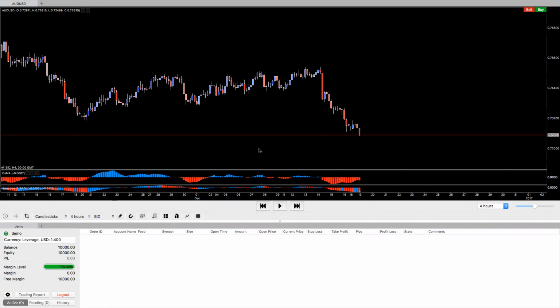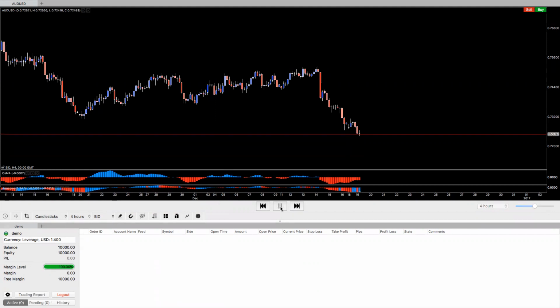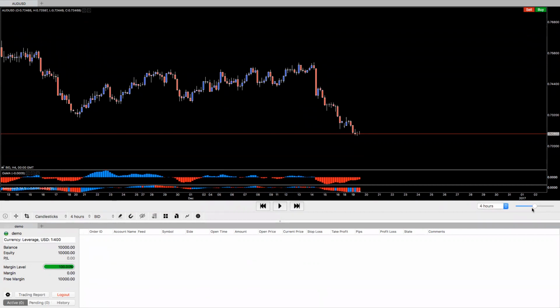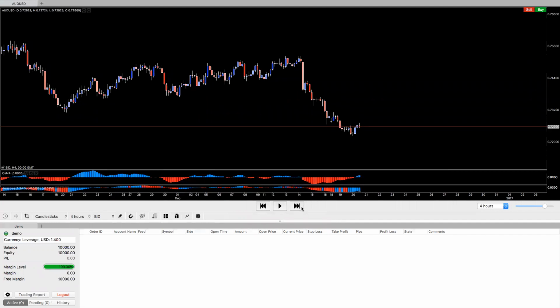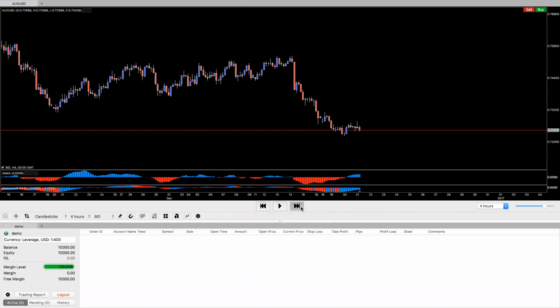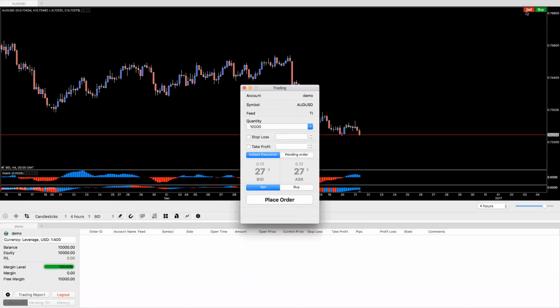The beautiful thing is, I'm not going to be using a trading system right now. I just want to show you how it works. You can just play it, and you can speed this up a little bit more so it goes quicker. You can switch time frames. Now I would like to show you how to take trades. This is very easy to do. All you do, for example, is click sell or buy right here,